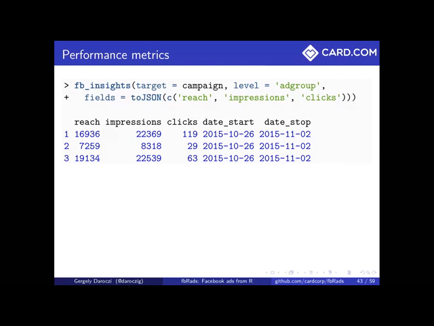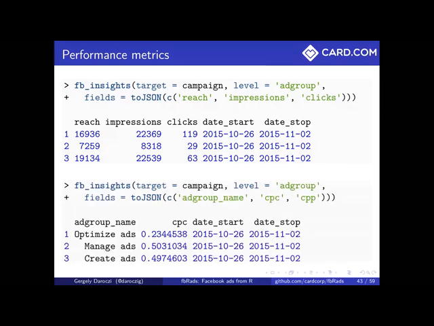Yeah, I see we are just running out of time. So let's see the next thing. So the first one was actually optimize ads. Everyone was interested in how to optimize the Facebook ads. You know, creating ads and managing ads is pretty boring, but you can also see in the CPC, so the amount you had to pay for a click for your ads, is a lot higher for managing ads and create ads